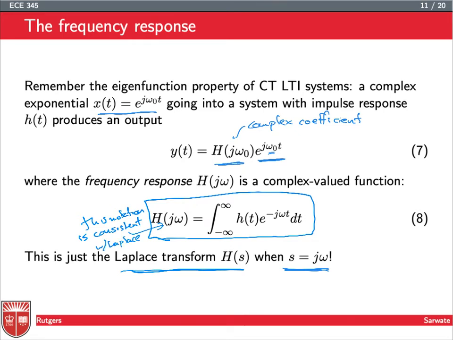So we're emphasizing the connection between the Laplace transform and this frequency response, which turns out to be the Fourier transform, by using this H of j omega notation. So this is just H of s on the imaginary axis,